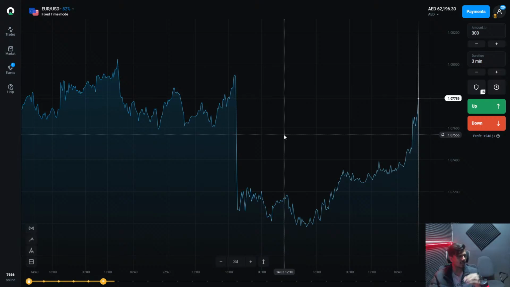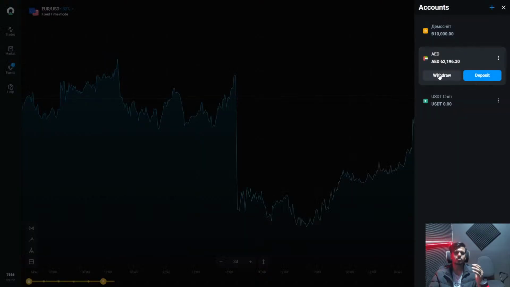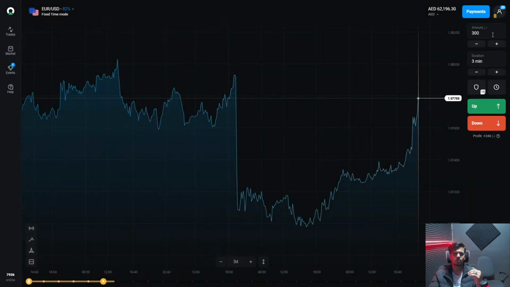Deposit first of all, after that you are eligible to make the profit in your real account. Then you can choose from here real account. You can put any amount here, this which I mark right now. तो वो आपके ऊपर डिपेंड है। टाइम फ्रेम मैं 3 मिनट्स का करता हूँ।